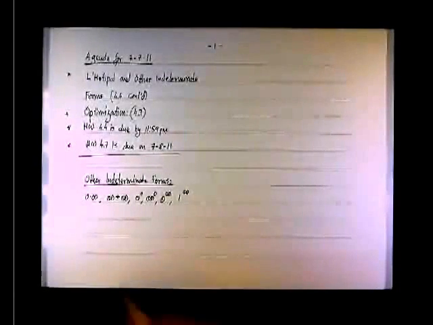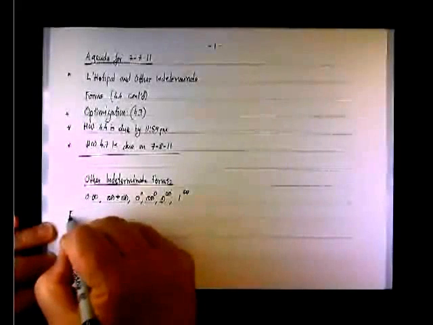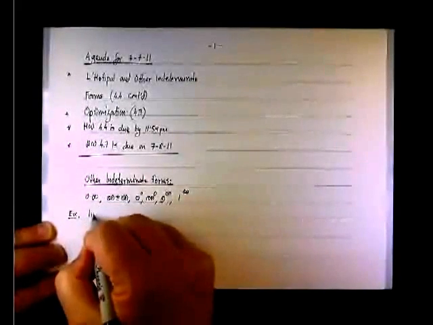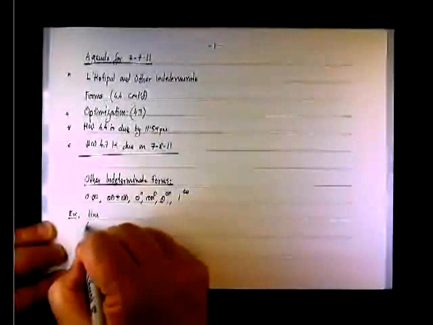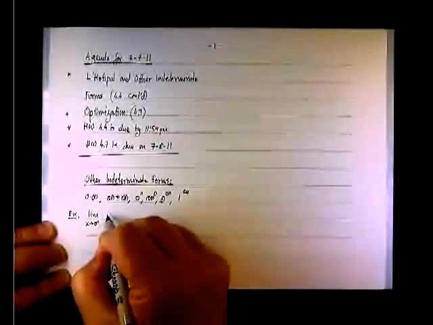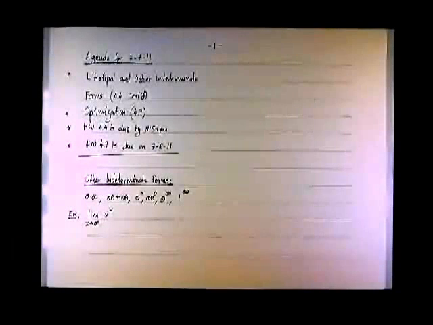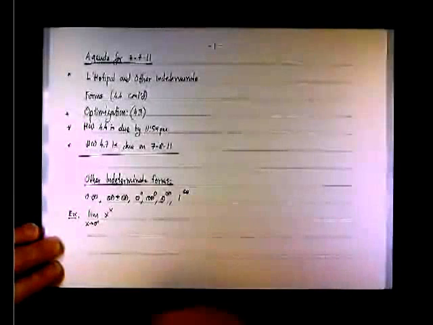Those are forms other than 0 over 0 and infinity over infinity. The first example, I'll give you two, is the limit as x approaches 0 plus of x to the power of x. Okay? So this is 0 to the power of 0,